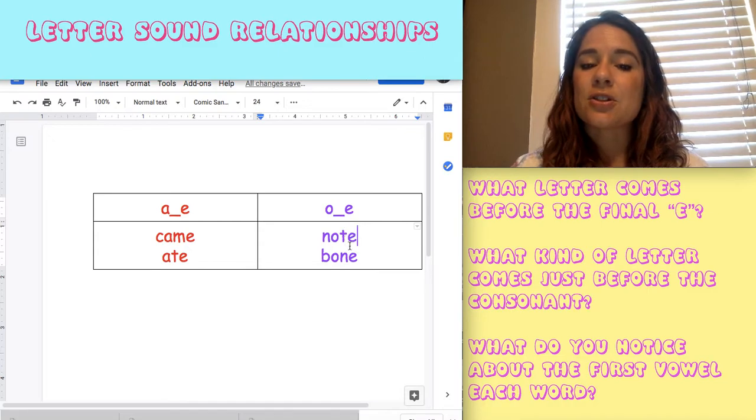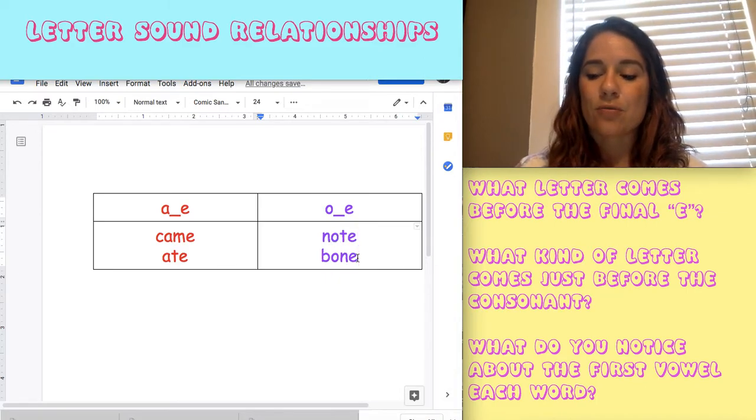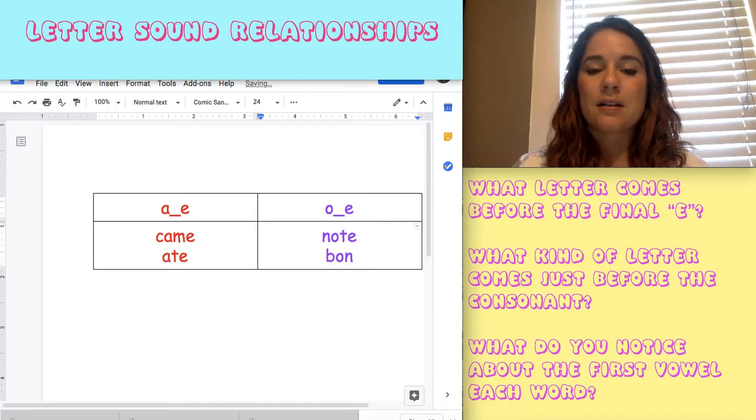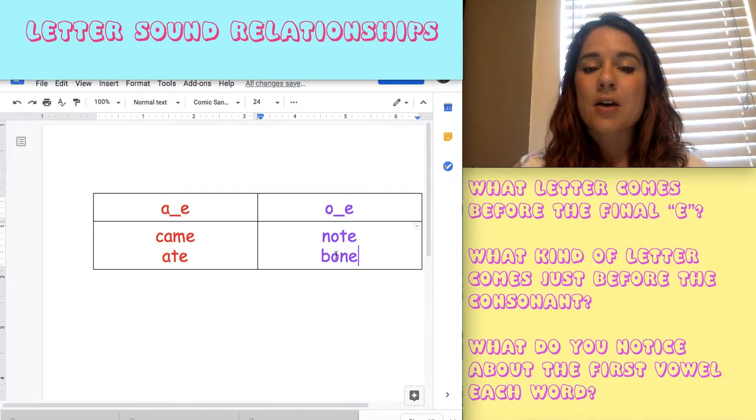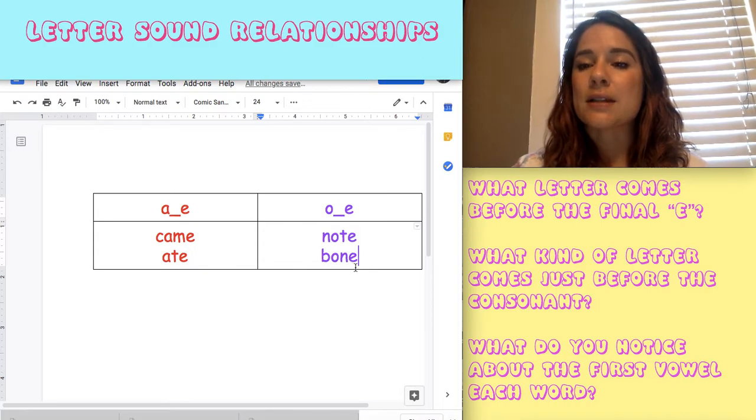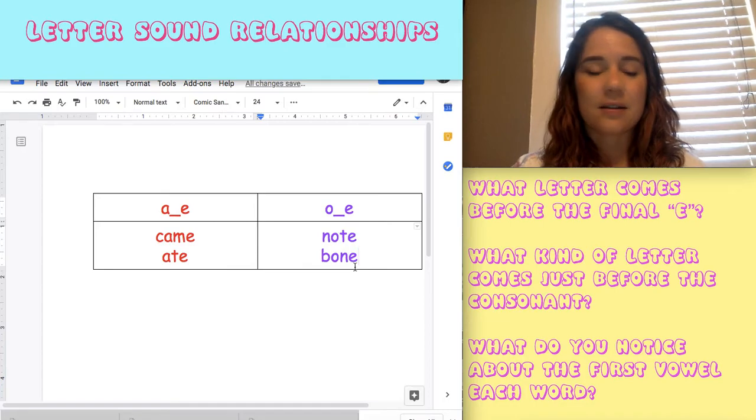Notice the difference just by adding the E. The E is silent, but it changes the sound of the first vowel. Let's look at bone. B-o-n, bon. Once we add the E, this short sound becomes the long O sound, bone, and we do not hear the E. Okay,